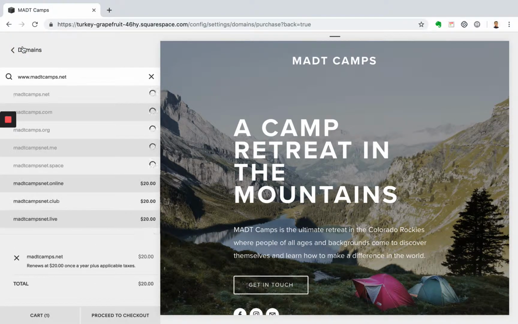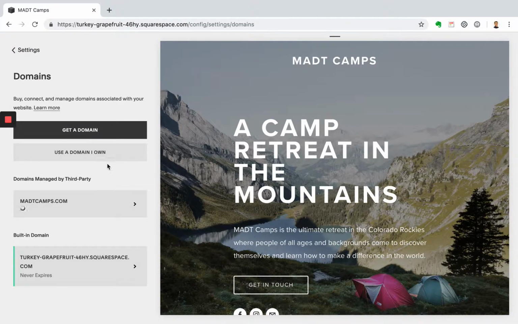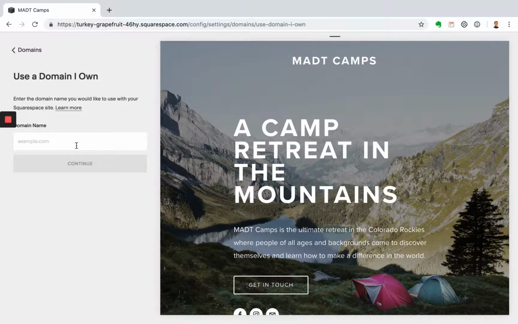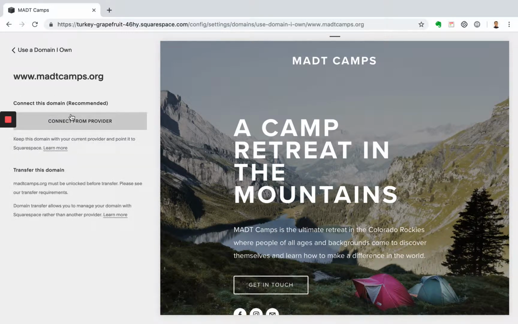but I do want to show you one other option that I see happen quite often, and that's using a domain that you already own. So say for example, you already purchased a URL through another hosting provider like Bluehost or GoDaddy. What you can do here is use a domain that you already own and connect it to your website. So I'll walk you through that option here quick. So here is where you'd enter that domain that you already own. So you type that in here, and now it'll bring you to two different options, whether to connect this domain